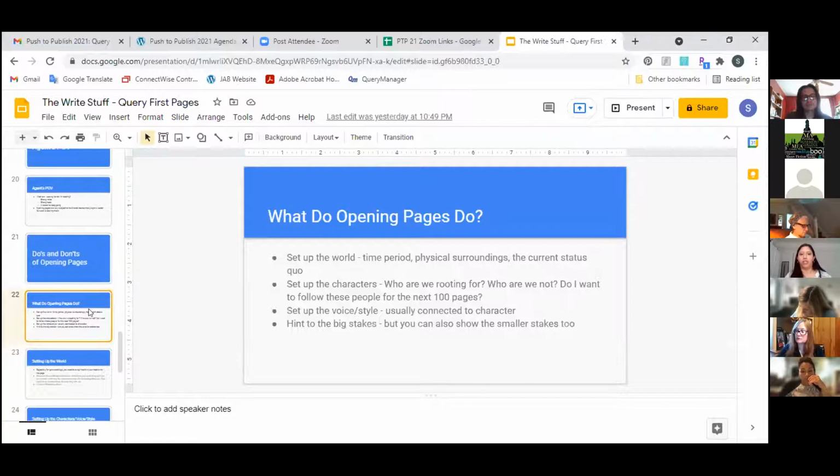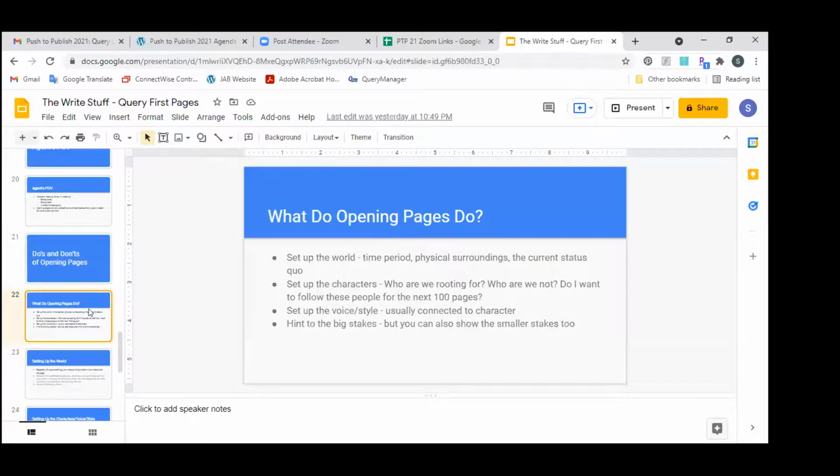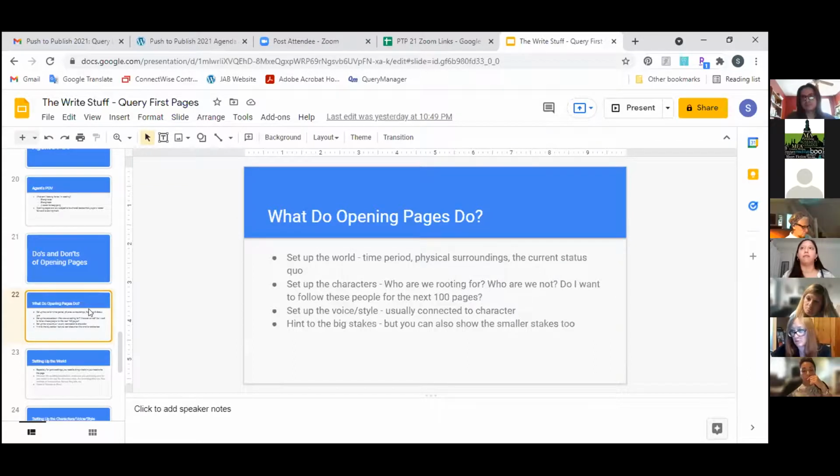So what should the opening pages do? You want to be setting up the world, your time period, especially if you're writing something historical, or if you are set in even a fantasy world. Are you writing a medieval-esque fantasy? Are you writing more of a steampunk fantasy? Do you have a sort of time period that they're set in? Because the medieval period of the 1500s is very different from London in the 1800s, and you want to be setting up clues for your reader as to what the physical surroundings are,